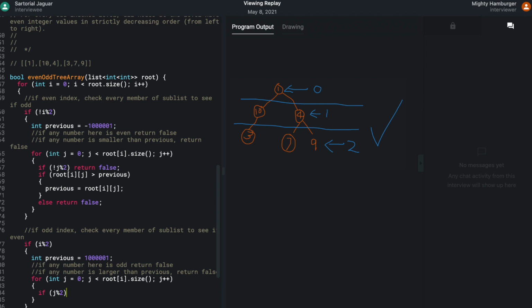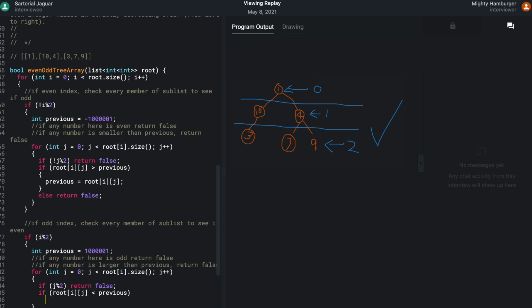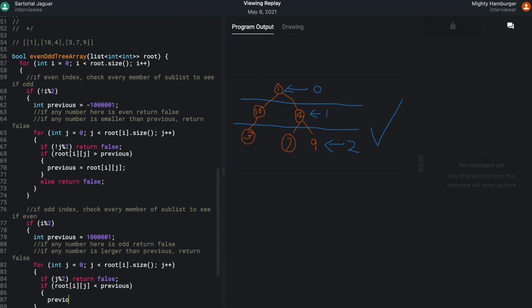If that guy's true, then that number is odd and I should return false. Then we do a similar thing to the other one, except we actually reverse the sign. It's less than previous because we're decreasing. Previous equals root i j.